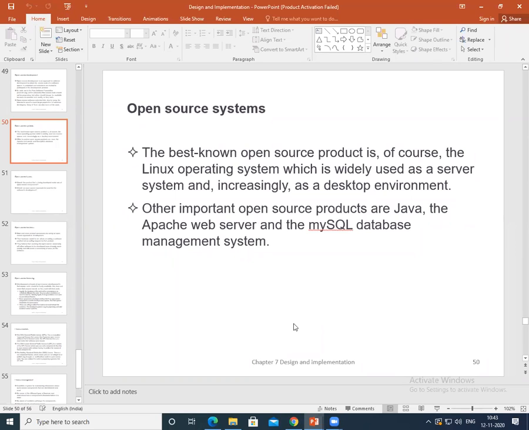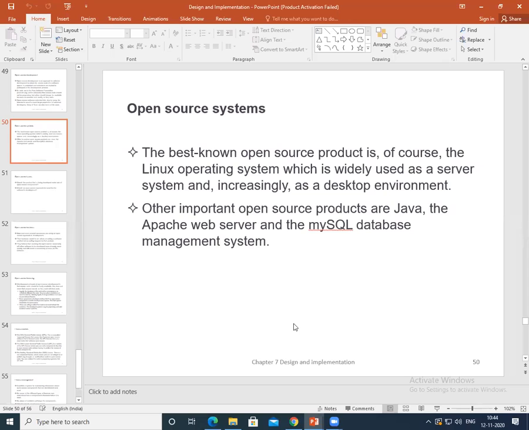For a company that is involved in software development, there are two open source issues to be considered: whether the product being developed should make use of open source components, and whether an open source approach should be used for the software development. Try to understand. Open source means free software. For example, Ubuntu is open source. For the OS you don't need any licensing; it is freeware. Similarly, there are many products available. So what is the main objective of making software open source?